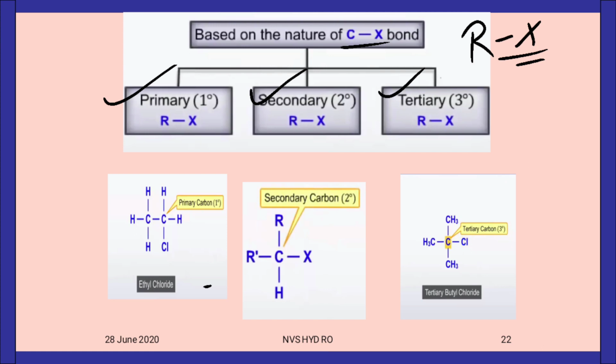Guys, hope that you can clearly see that in your primary carbon only a single substitution is there. Substitution, I mean to say, सिर्फ एक ही मोलिक्यूल लगता है, मीन्स एक ही सी एक्स बॉन्ड की। बेस्ड ऑन द नेचर ऑफ सी एक्स बॉन्ड ये 3 कैटेगरीज में डिवाइड होते हैं। ये तो आपको पता लग गया, प्राइमरी, सेकेंडरी और टर्शरी।